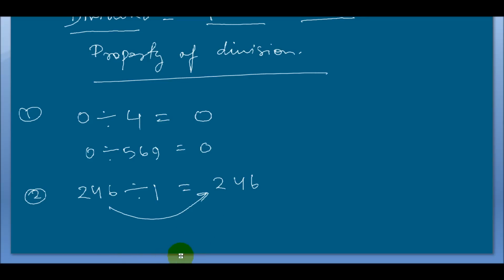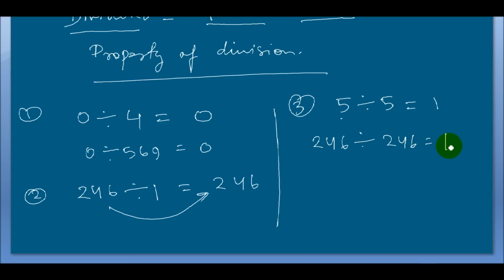Here, property number 3, if I divide any number, say 5 divided by 5, the same number, we always get 1. That means 246 divided by 246 equal to 1. Okay,